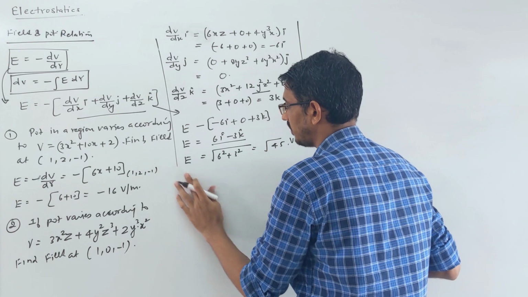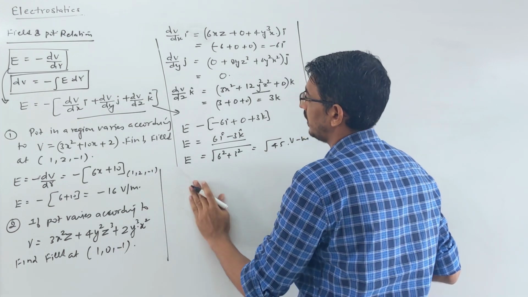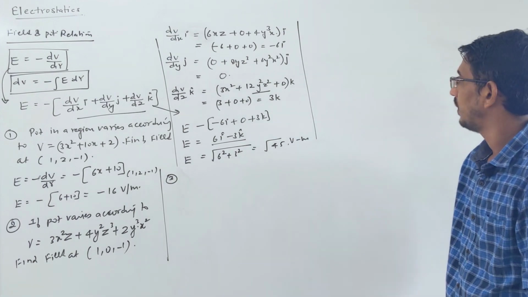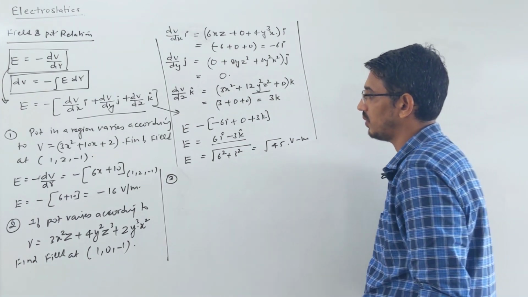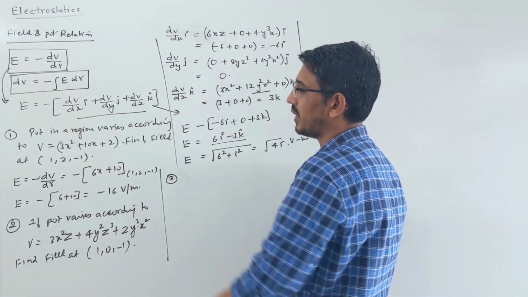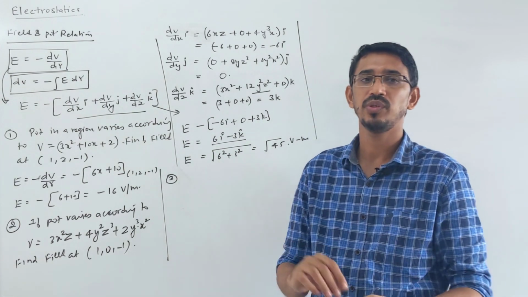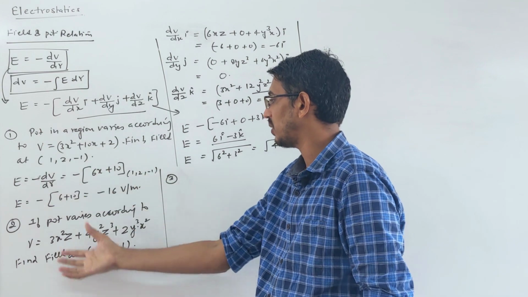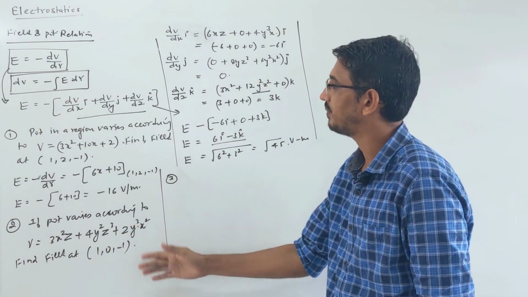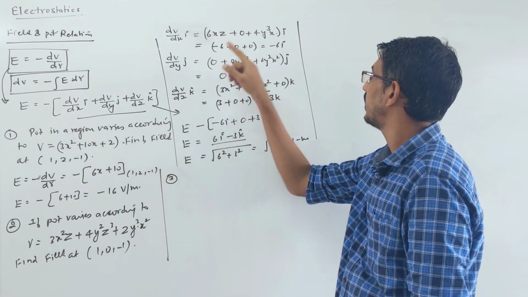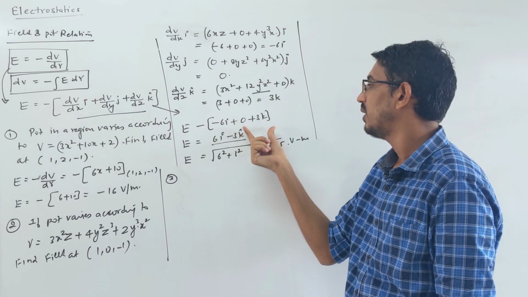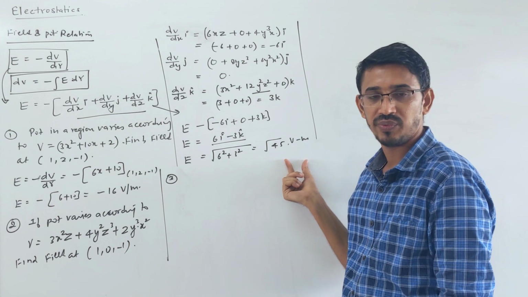So hope you're understanding this. I can give more examples if it is not understood. Let's discuss one more example. Or if it's enough, then I can give the opposite of this. It means potential is given to you, you have to find the field. So the same process, only one dimension, or two dimension, three dimension, right now. Partial differentiation you have to do. Put i, j, k vectors properly. So you will get your answer in vector form. Be careful. Then you can take their magnitude if you want.